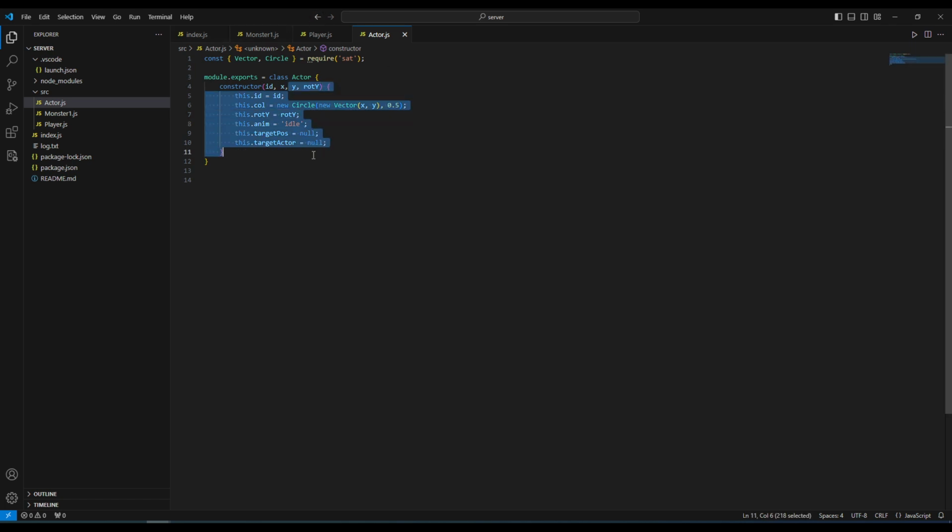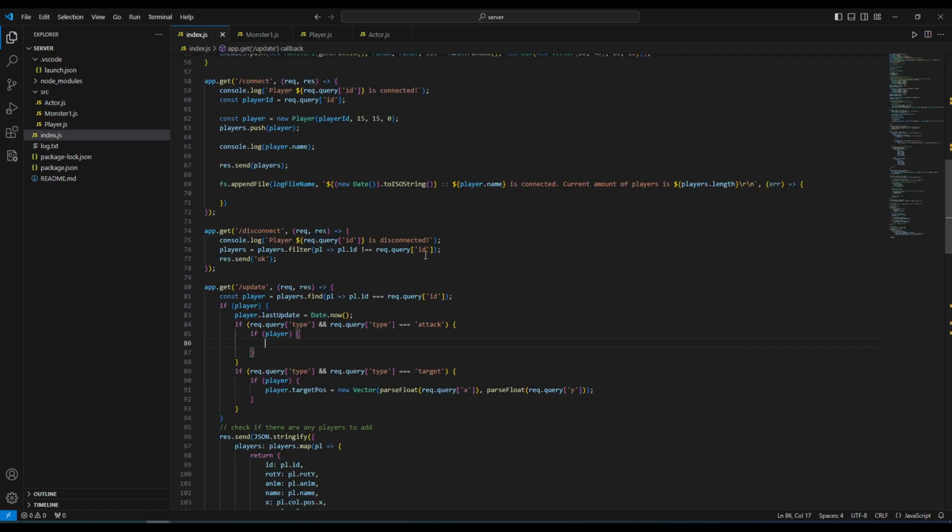It's a shame I can't use types. Actually, I'm just thinking if it's a bad idea to keep it that way, you know what I mean, to keep it in JavaScript instead of TypeScript. So here we will have attack target actor, and we will say that from enemies we're going to find one which has the same ID as the one we provide. So it will be